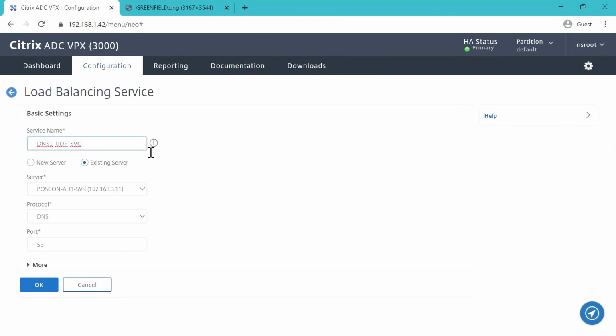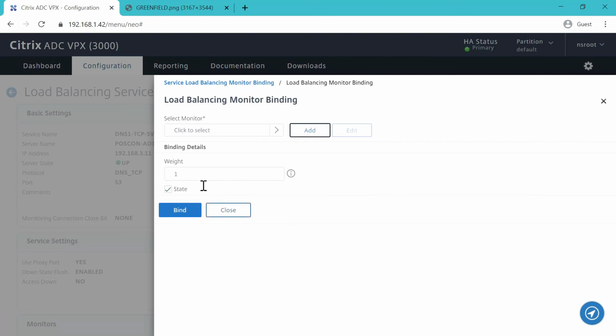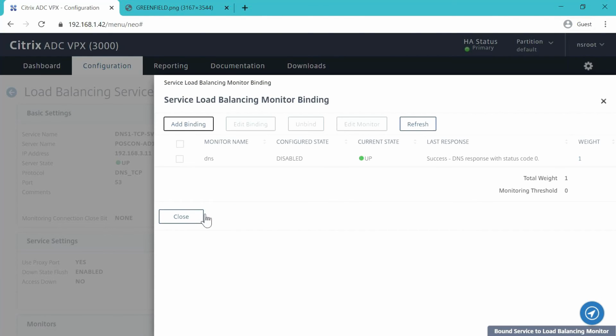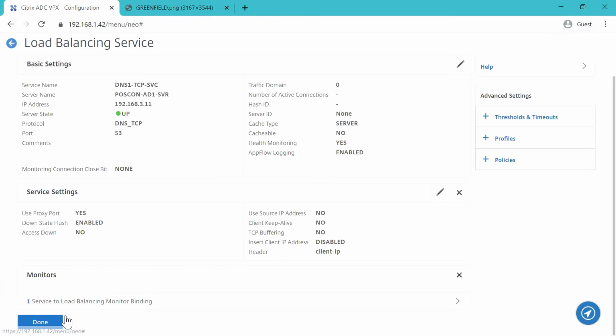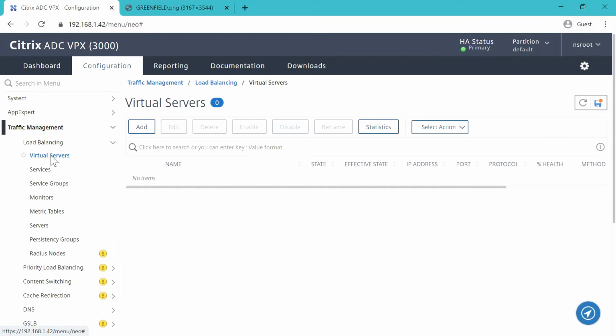We'll add a second service for TCP DNS. It's not used very often, but when we have a very large return, it'll switch to TCP. We'll use the same monitor for this one, the DNS monitor we just modified. You can see we got a good response. So we got 2 DNS services, and now we'll create a